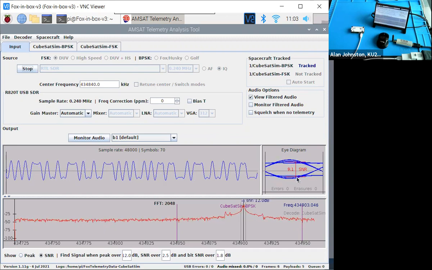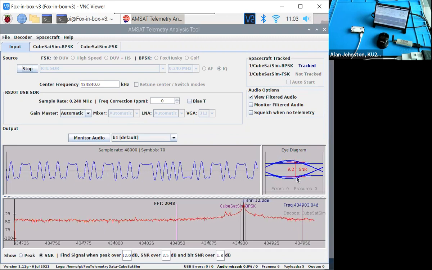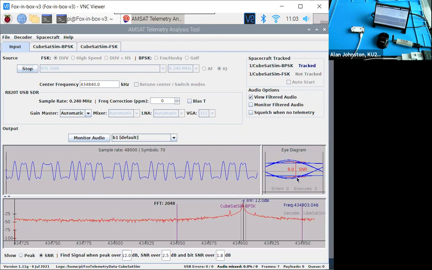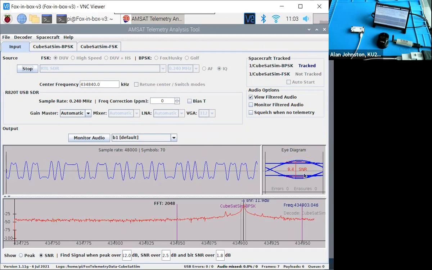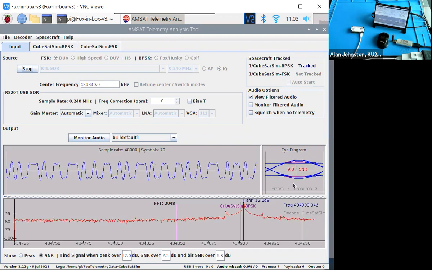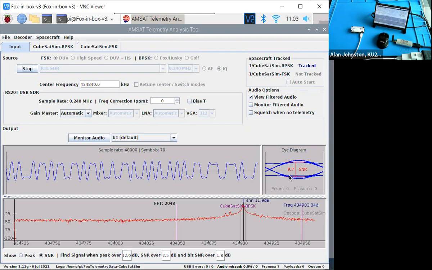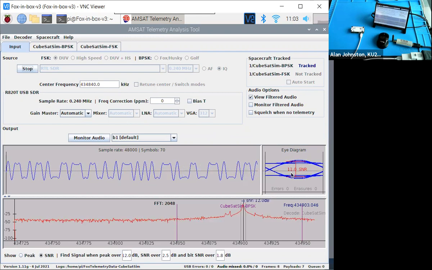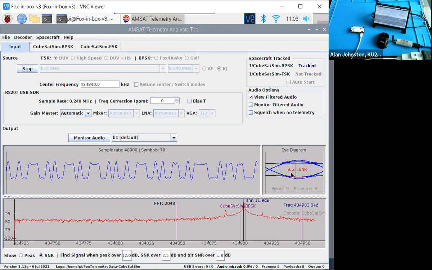Okay, so in the spectrum here, we can see the signal. This eye diagram is used for analyzing digital signals. And a good eye diagram is one where the eye is open. It's called an eye diagram because of the sort of shape here. And when it's open, you'll see a signal to noise ratio, in this case 9.8 decibels,